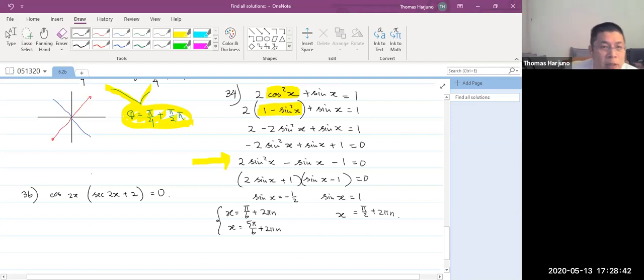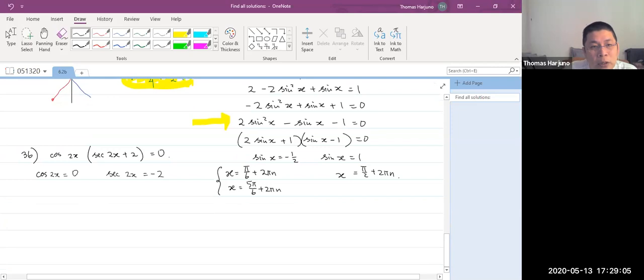Now, how about number 36? They already factored it for us. Okay, but here we need to be a bit careful. Where do we need to be careful, Thomas? Okay, then cosine 2x equals 0, or secant 2x equals negative 2. Cosine 2x equals 0 means 2x equals